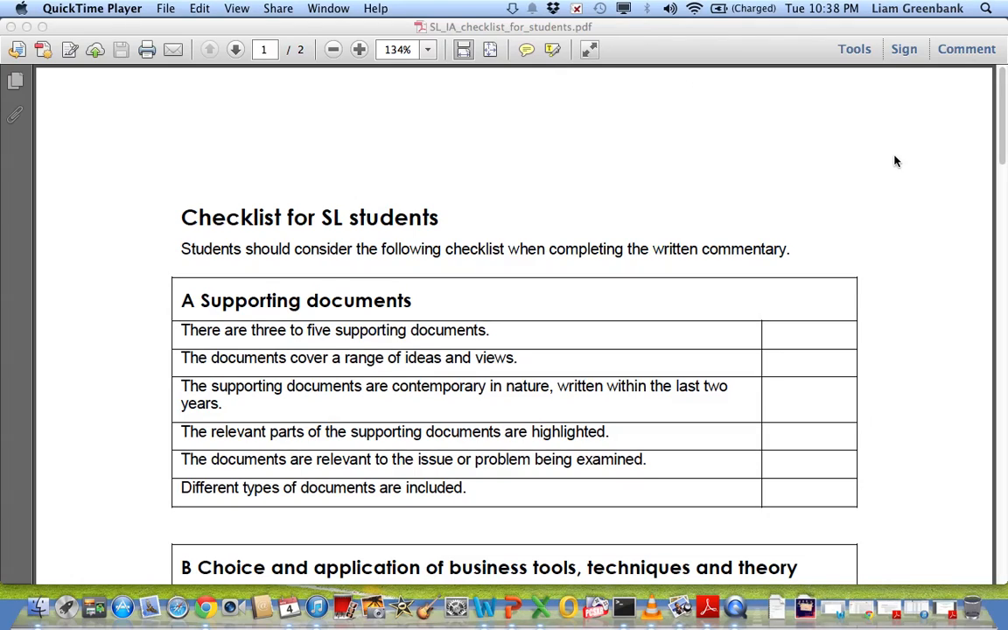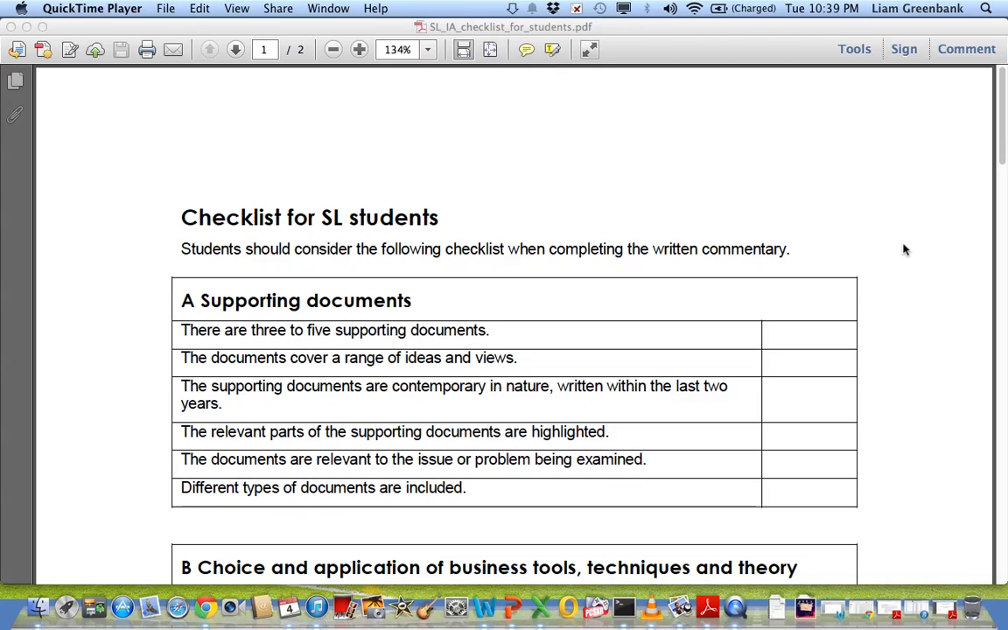The long-awaited SLIA guide video. You could say the reason it's been long awaited is because the information I've given you already is quite self-explanatory as to how to do the SLIA. So you should have a guide booklet already